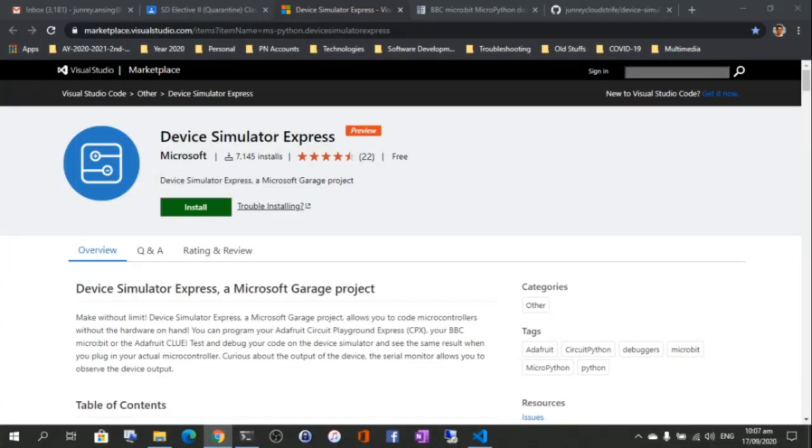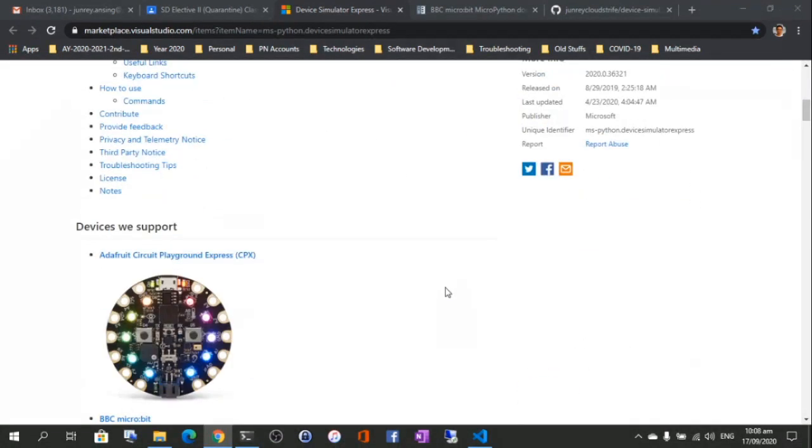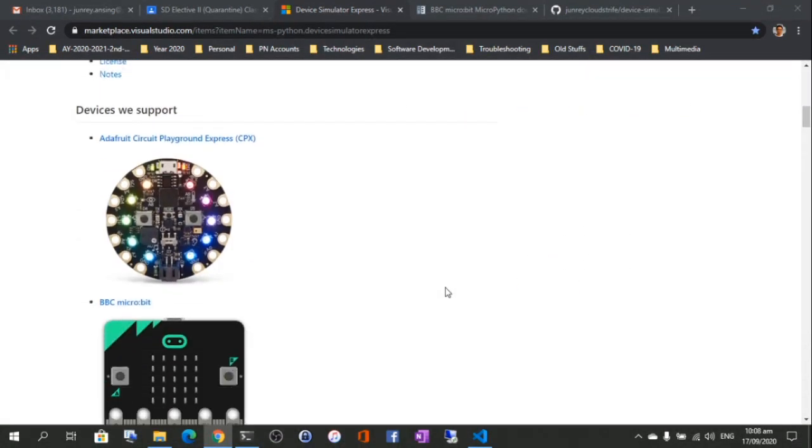So hi everyone, welcome to the third session in the device simulator express topic. Over the last two sessions, we already discussed the device simulator express, and I already gave you two activities to work on. For today, we'll continue with this topic, but this time we'll move on to the next simulator, which is the